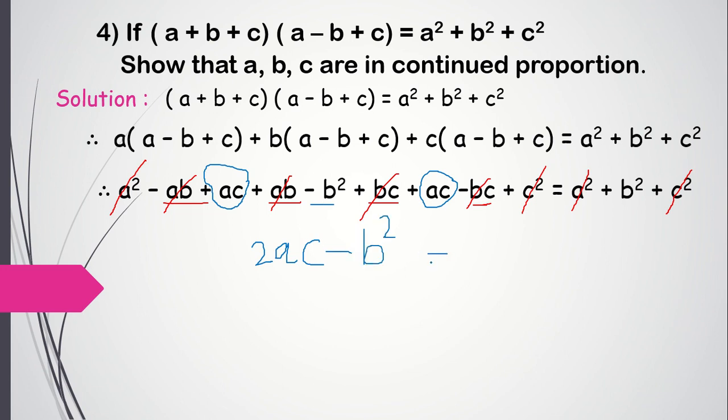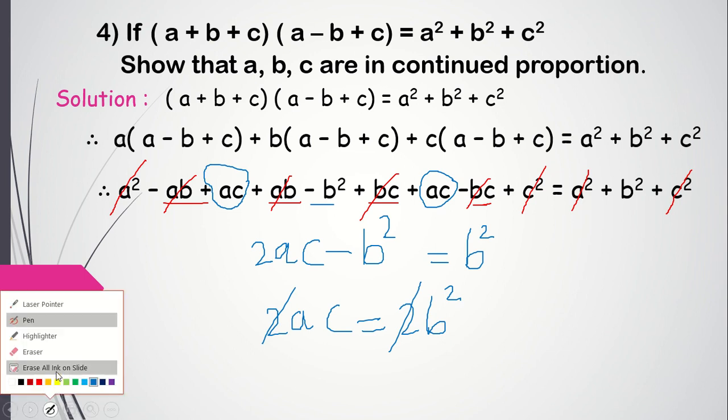And on that side of the equal to sign I have got one more B square. So now this B square goes that side, it will become plus B square. So I will get 2AC is equal to B square plus B square, which is 2B square. Now this 2 and this 2 will get cut. I have got my B square equals AC. And hence A, B, C are in continued proportion.